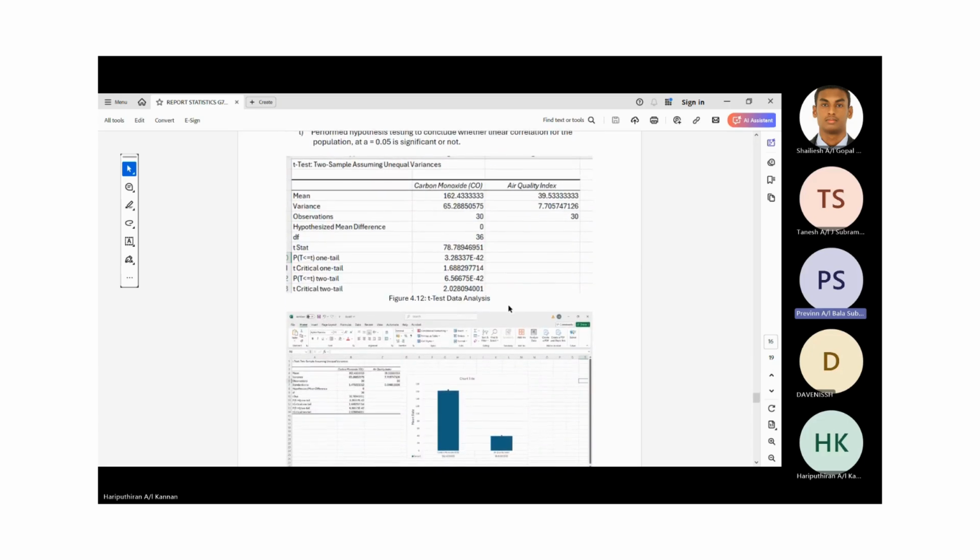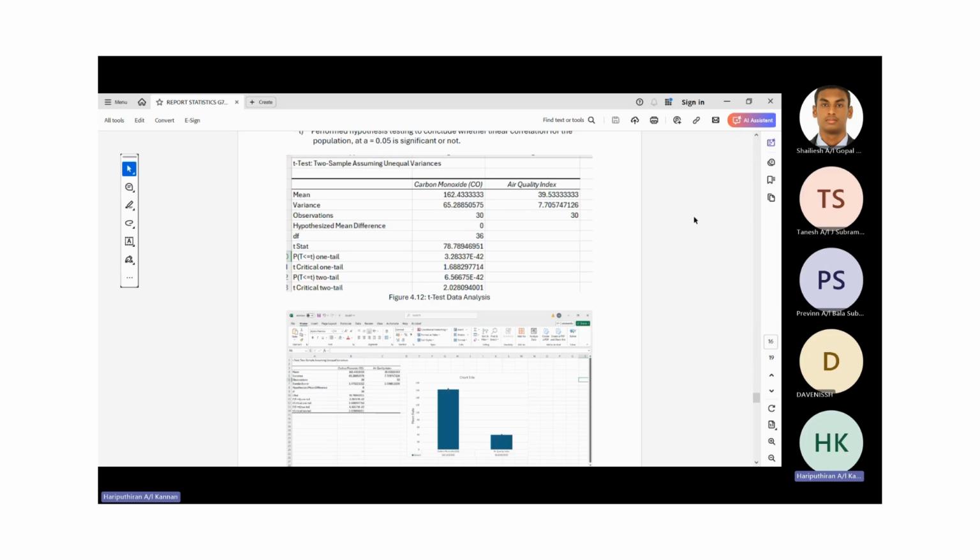So the question number 3 is, why is the significance of the regression model important, and what do the t-test results imply about the model? Hello, my name is Hari Puthiran Kannan. Metric number is DE210008. The significance of the regression model is tested using the F-statistic and its p-value determines whether the independent variable